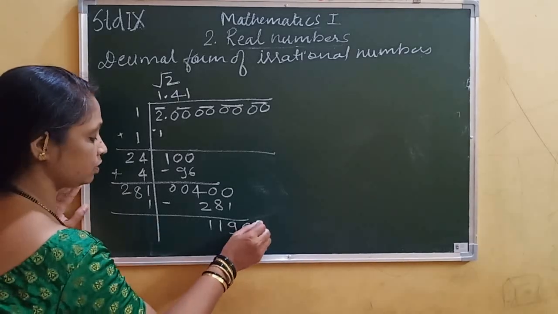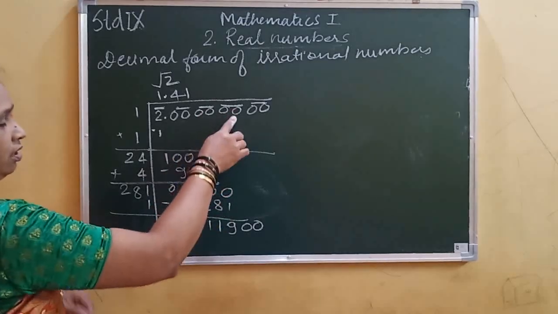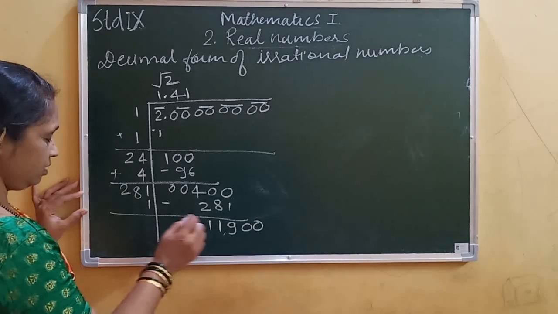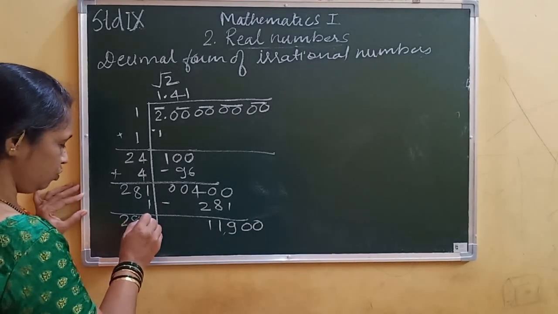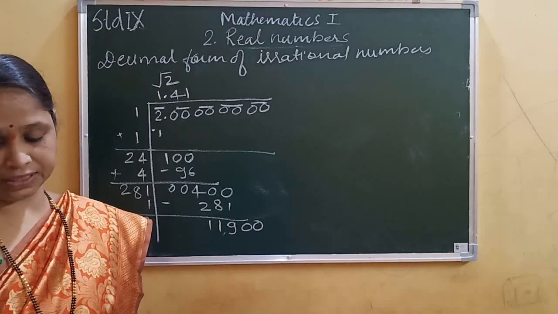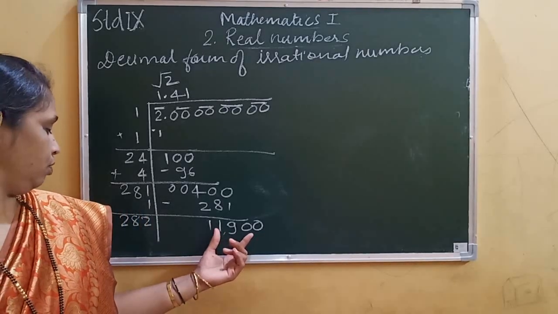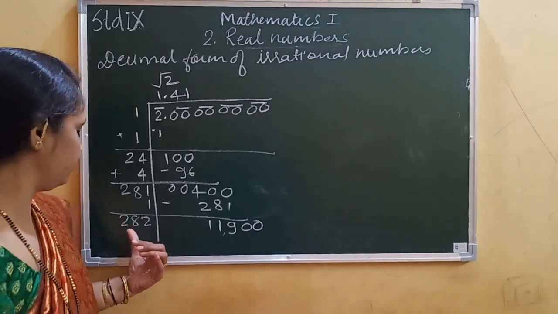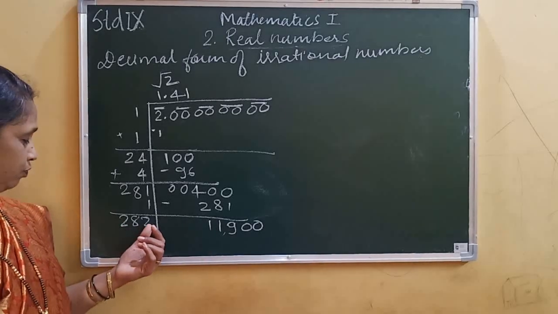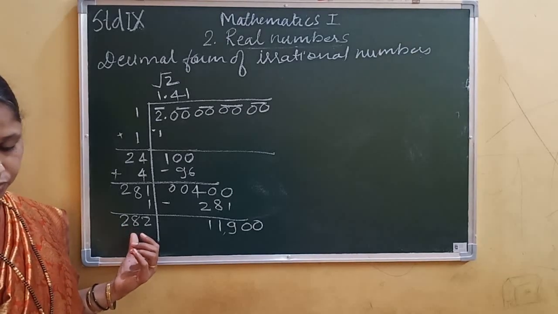Now you can take 2 more zeros here. Rest 2 zeros. See, this 2 here, this 2 here, and this 2 here. Now we got 11,900. Now here we got 282. Now which number can we select for it so that it will be exactly divisible by this? Now 2 2s are 4, it will be so small. 3 2s are 6, that also is small. 4 2s are 8, so we have to take 4.